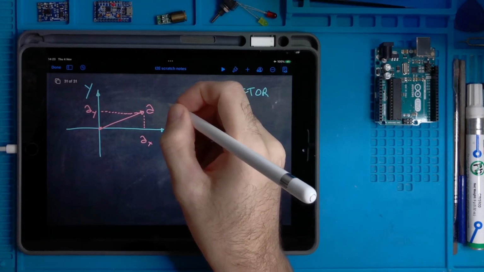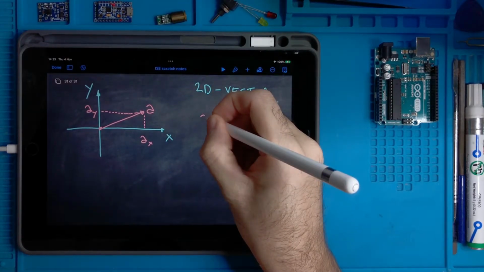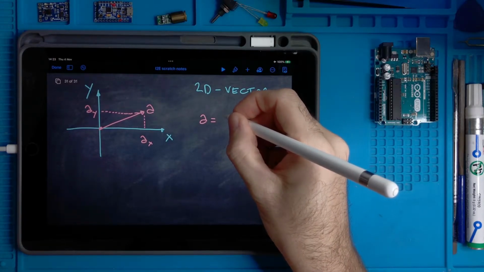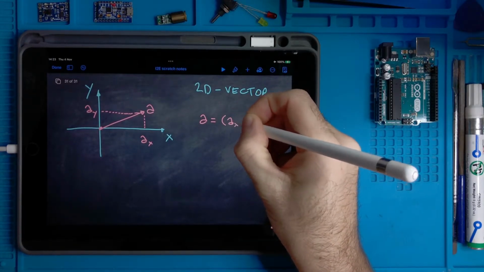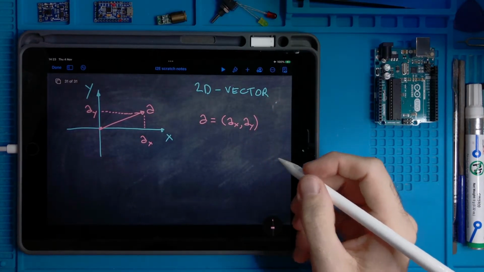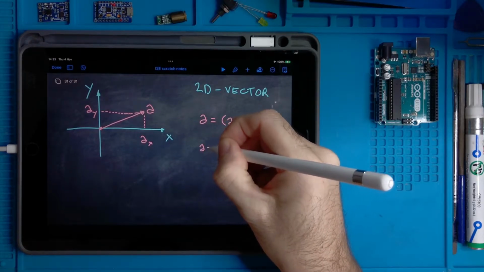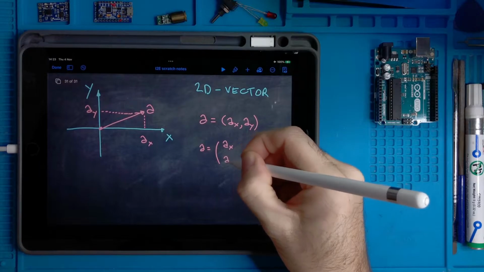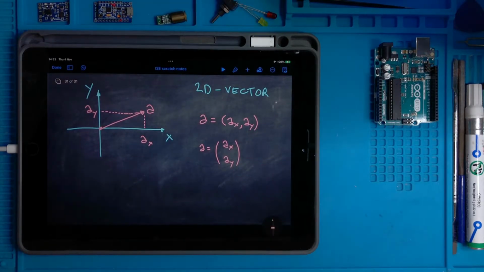So I can write this vector like this: A equals AX comma AY, or A equals AX and AY. Two different scripts, the same thing. So we are speaking about this kind of thing.